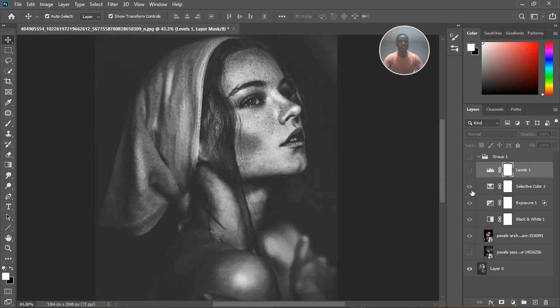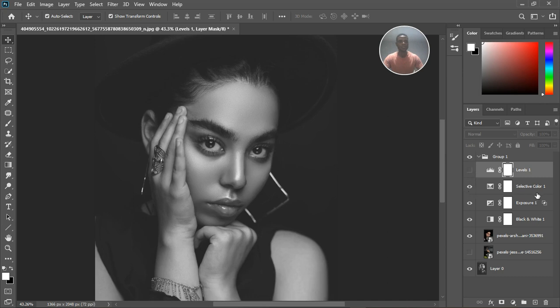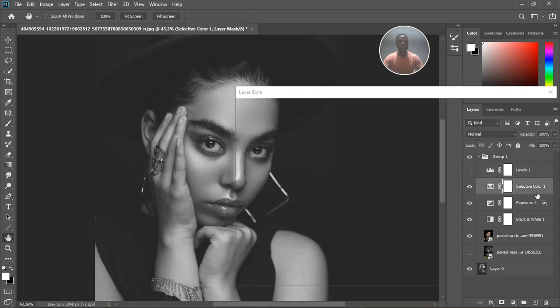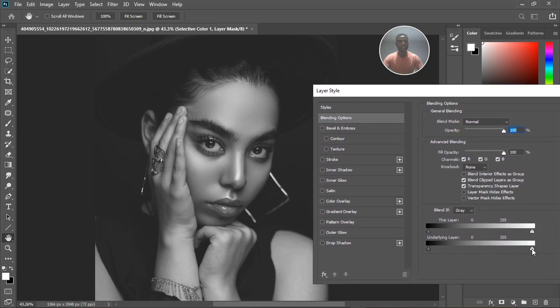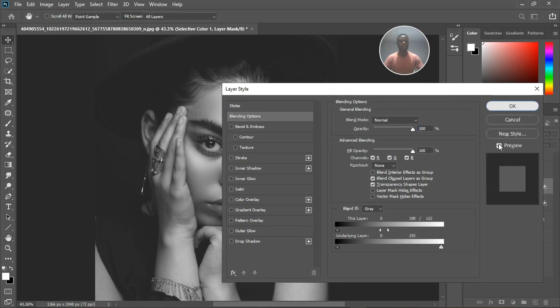So I'm going to turn the selective color on and then go into the selective color by double clicking, and we're going to remove it from the white, the bright side. So from this layer we're going to remove it from the white side. Hope we're on. Yeah, it's working. So it's hardly visible before you see it. So I'm going to bring it down from the white side, hold down Alt and split it up and bring it down back from the right side. So you can see before